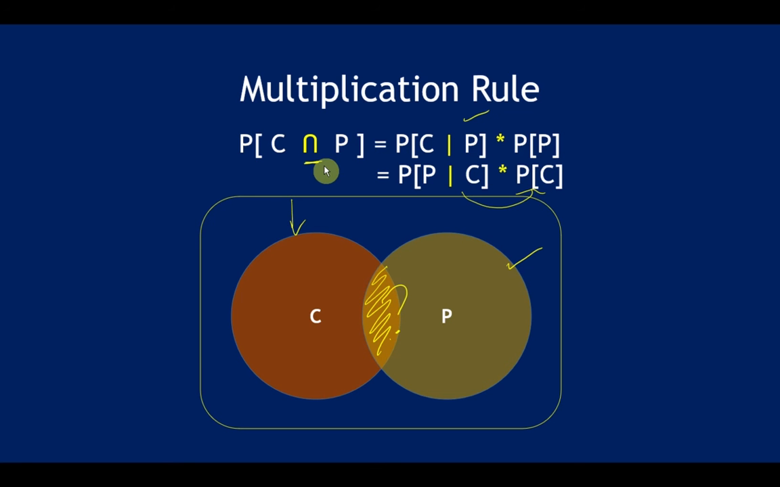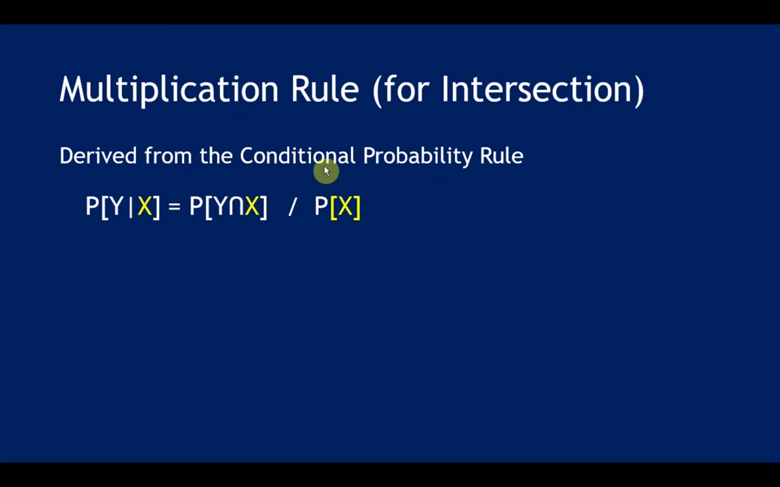So how do we know this? Well, this is actually derived from the rule that we have just seen. It's derived from the conditional probability rule. So here's the conditional probability rule, y given x. It is calculated by looking at the intersection and divided by the probability of the sample space. So if we want to calculate the intersection, and this is the unknown,